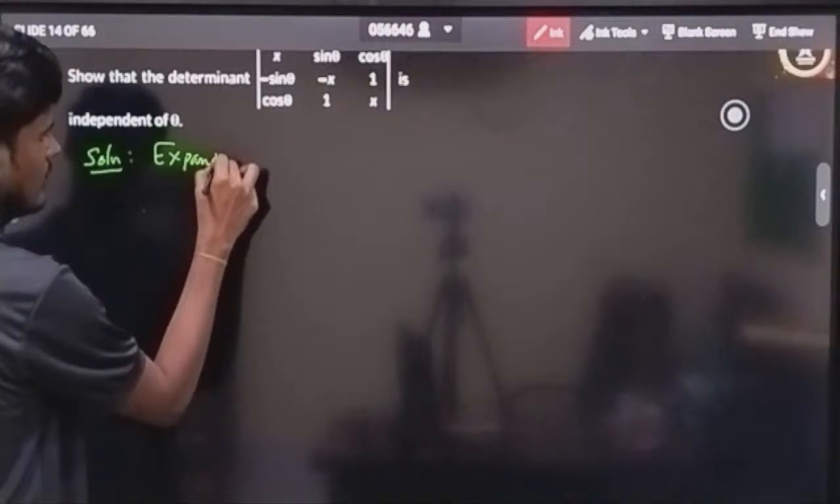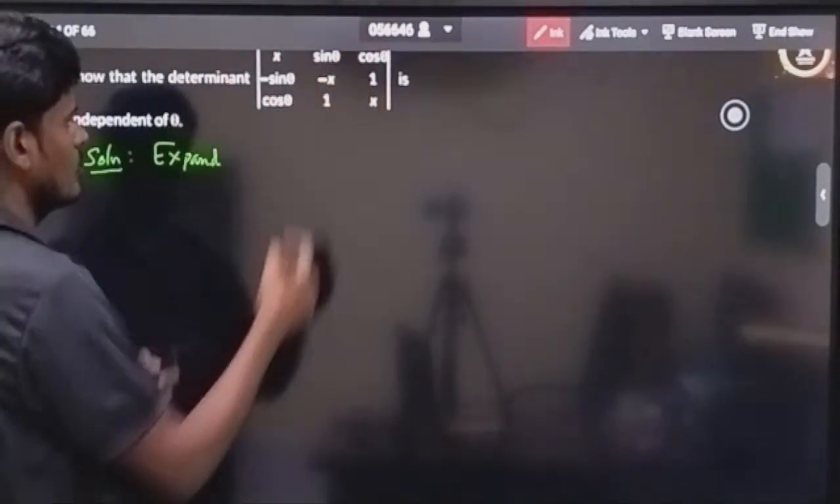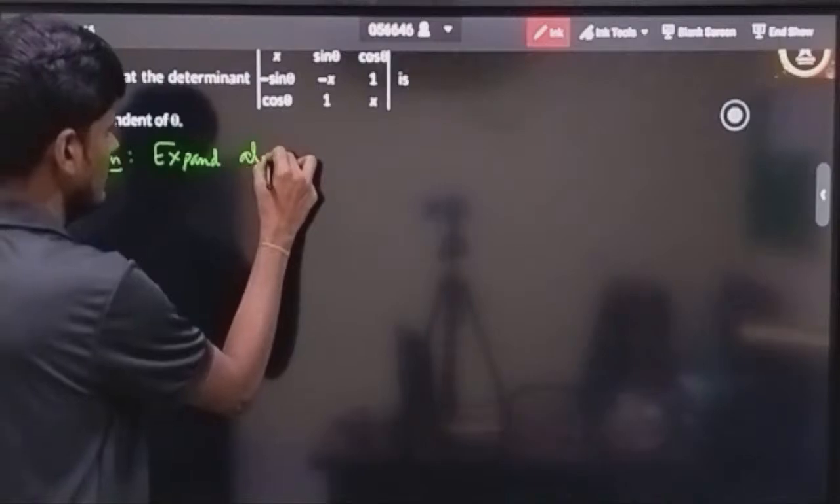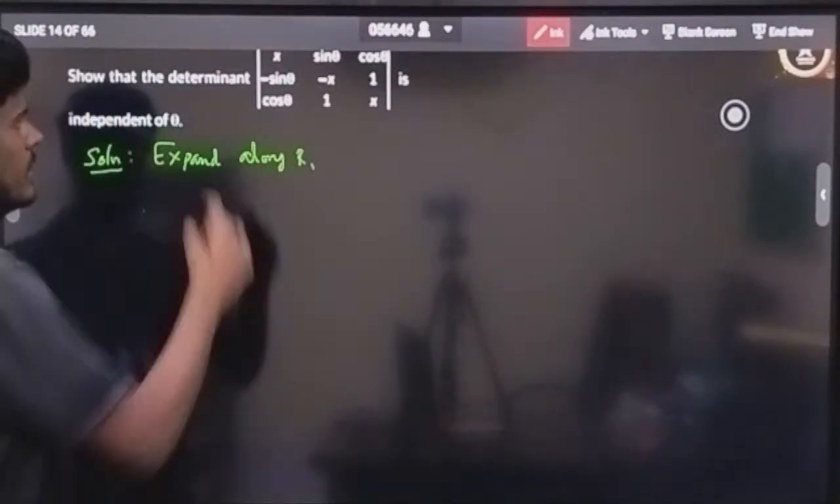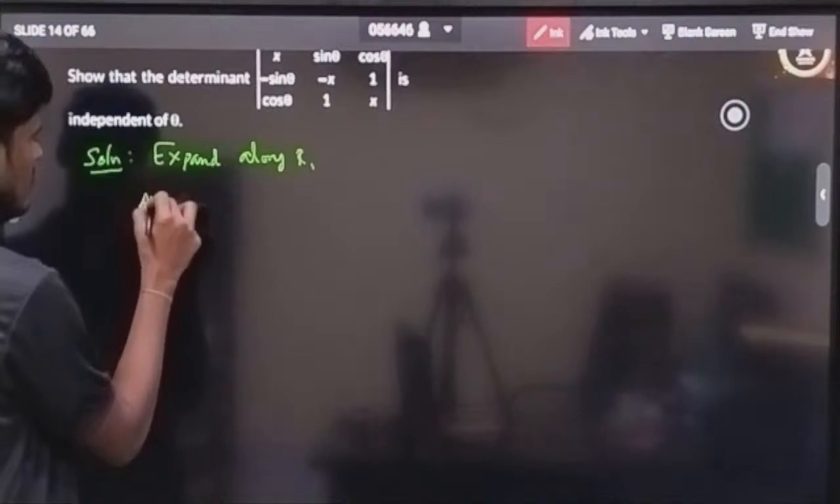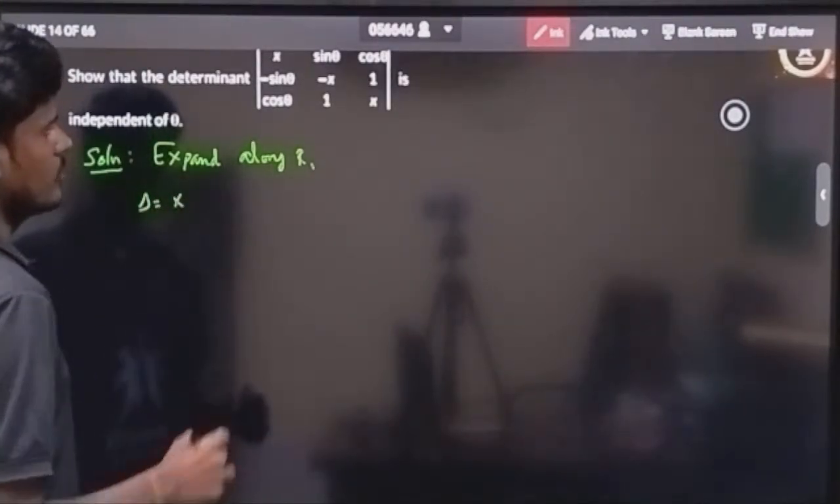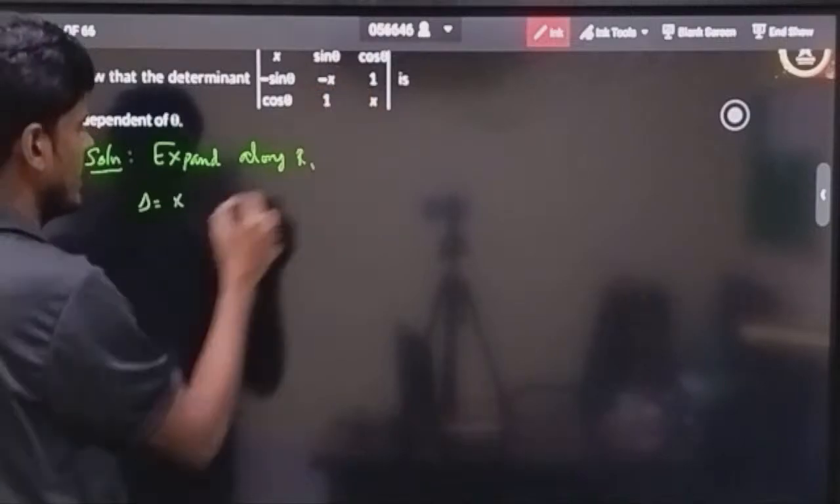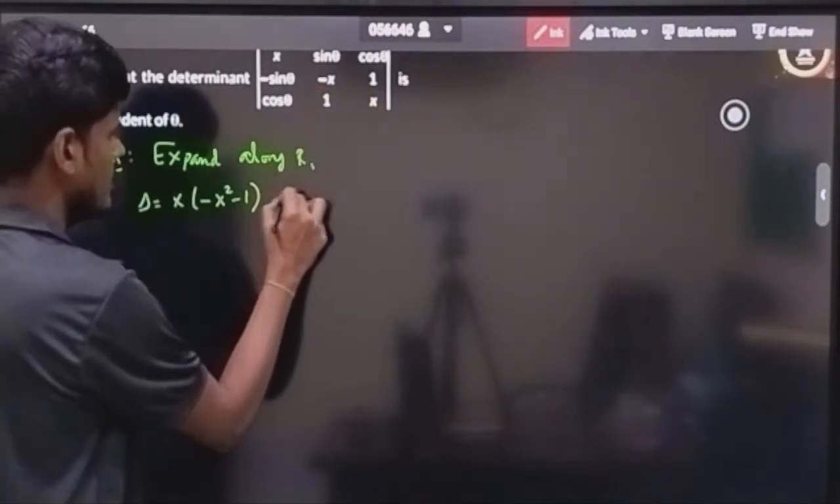Expand along either row or column. We will take again row, expand along row 1. Then what is the determinant? Determinant value is equal to x into (minus x square minus 1) minus of (x square minus 1) minus of